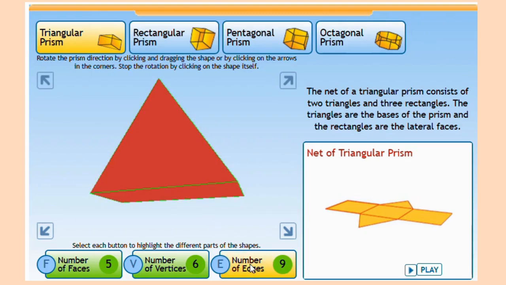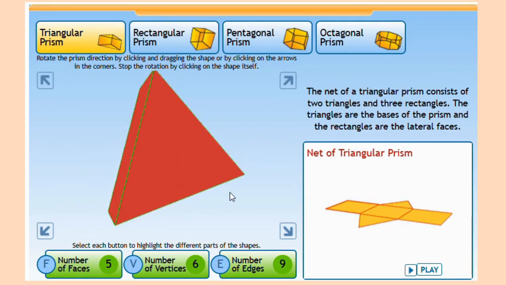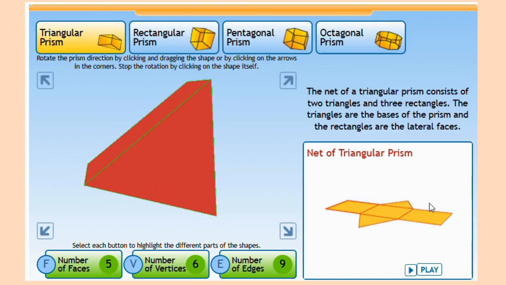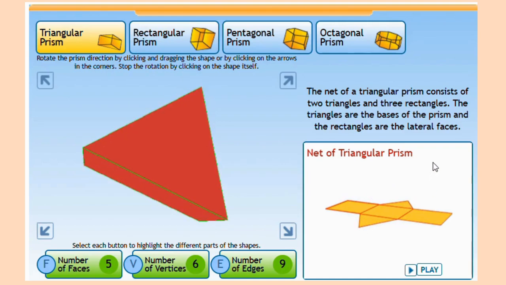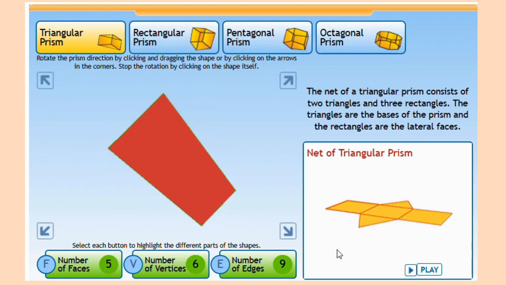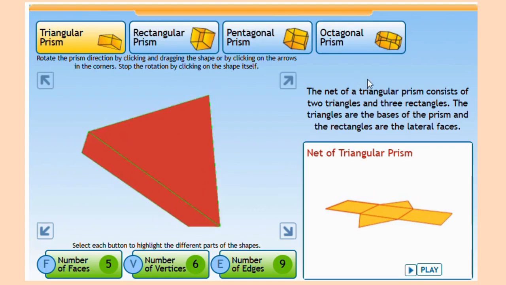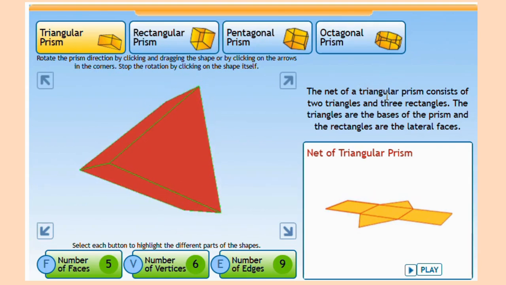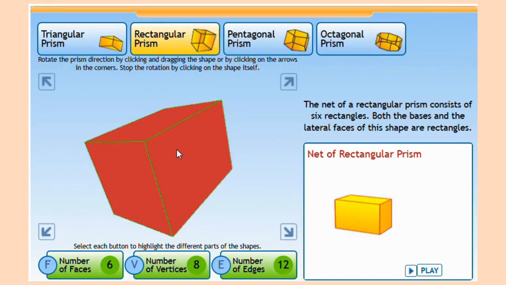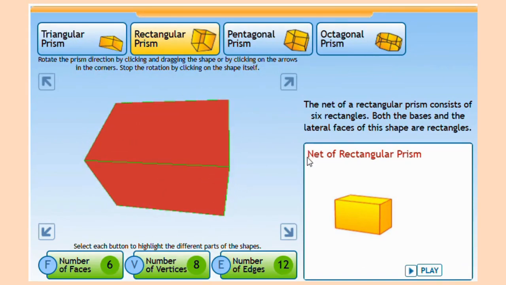If we now look at the edges, the green parts, wherever it makes a fold, there's one, two, three parts for the triangle, and there's also one, two, three on the other side for that triangle. But that is not all. Wherever the rectangles connect, it also makes an edge. So that was six for the triangles. So it's seven, eight, nine. Those are the edges.